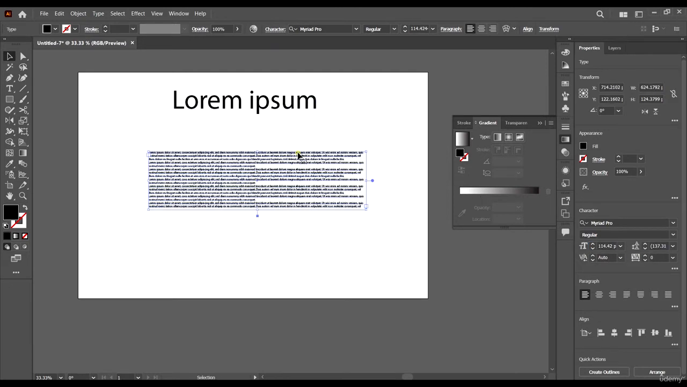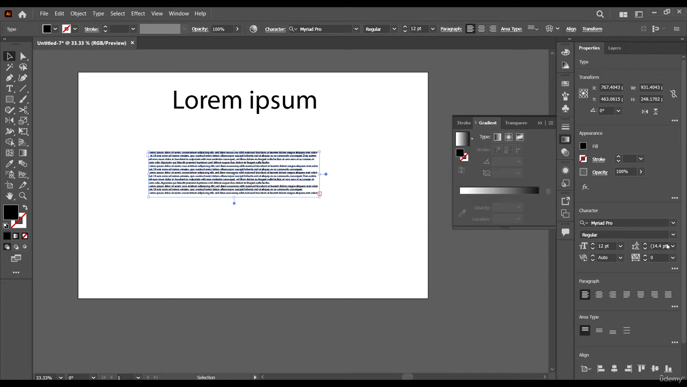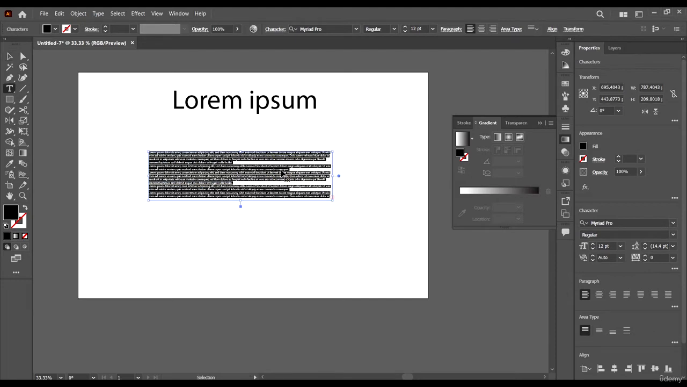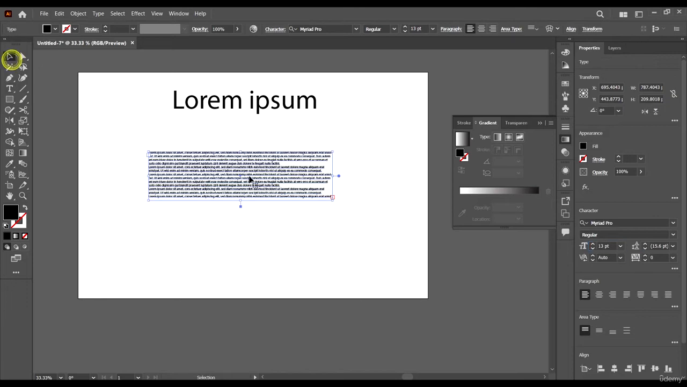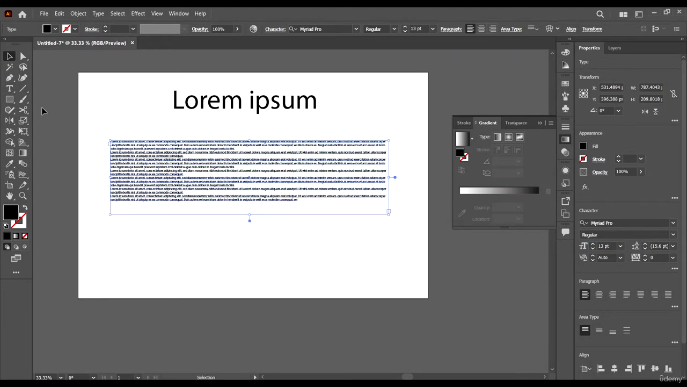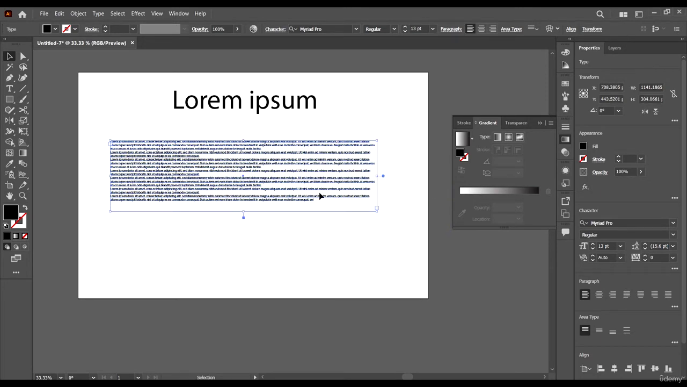Now for this area text, let's try doing the same and see. As you can see, we cannot scale our text and the font size is still the same. We cannot scale our text like this. We can only scale our text by actually clicking and increasing the font size like this. Now why is that? That's because this type of text doesn't allow us to scale like this. When we scale our container, we are either making more room for the text or making less